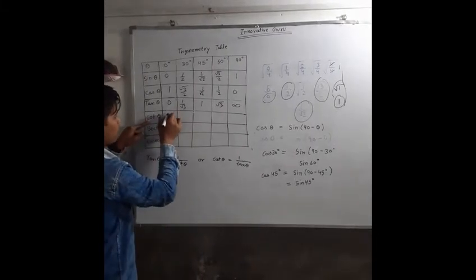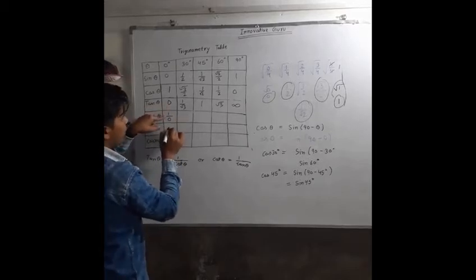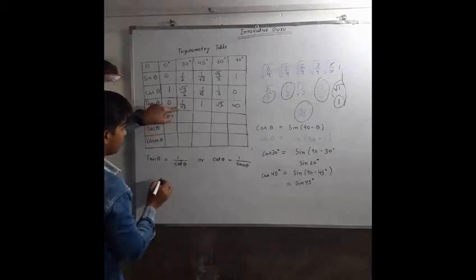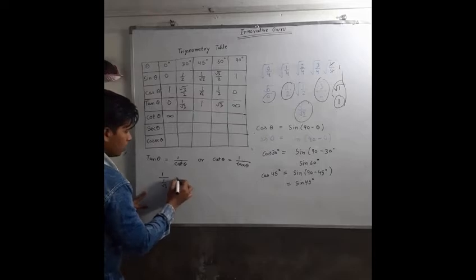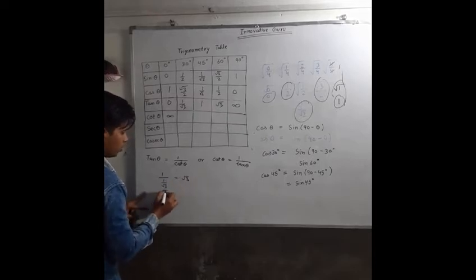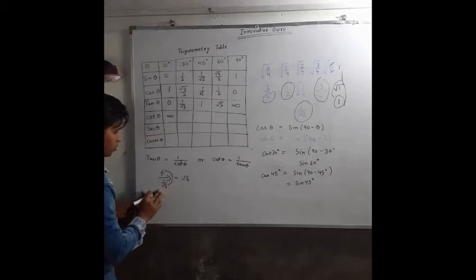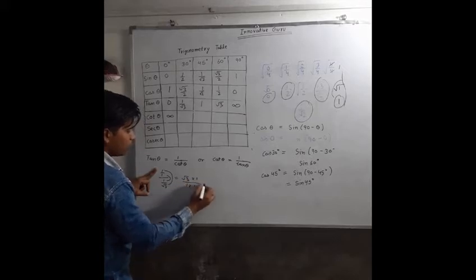So 1 divided by tan 0. So what would be the answer? It would be infinity. It would be infinity. Divide this number from 1, you will get the answer as I told you. So it is root 3. Once you solve it, it is 1 by 1, you can say that. And when you solve the fraction, root 3 will come upstairs, and the 1 would be divided by 1. So the answer is root 3.